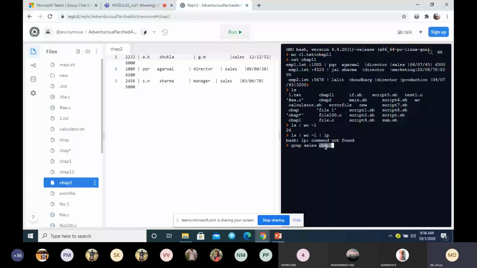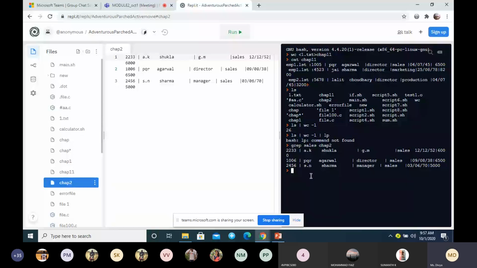How many lines do we have here with the pattern sales? Please answer. Three lines, correct. So those 3 lines you will get. All the lines having the pattern sales will be displayed.